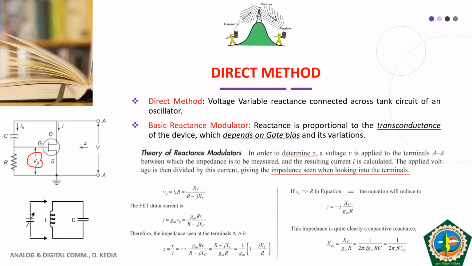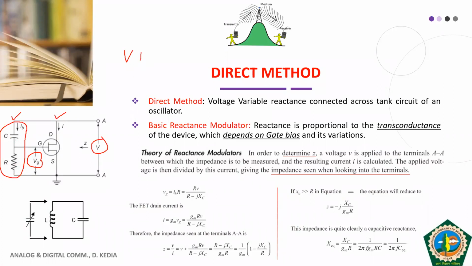So what is happening, students? See, V is the voltage, and this branch and this branch are in parallel. So this voltage V is appearing across this R and C in series. Fine. So if you apply the voltage divider rule, Vg is the voltage across R. The total voltage V is divided across R and C.